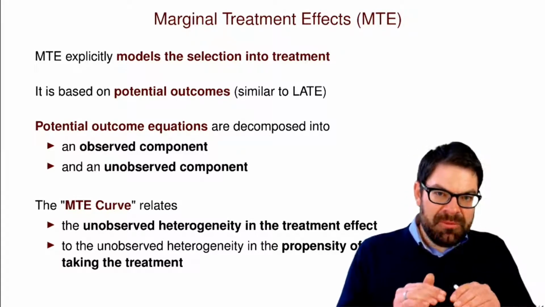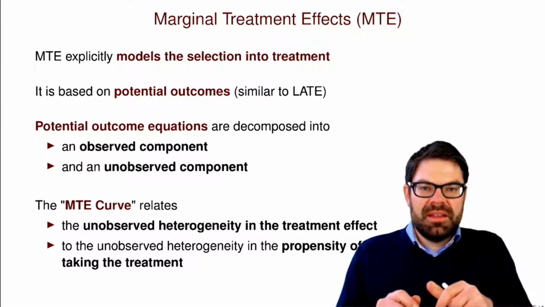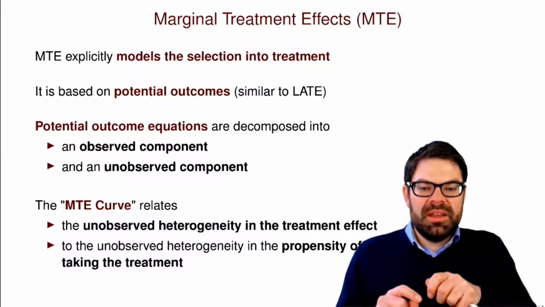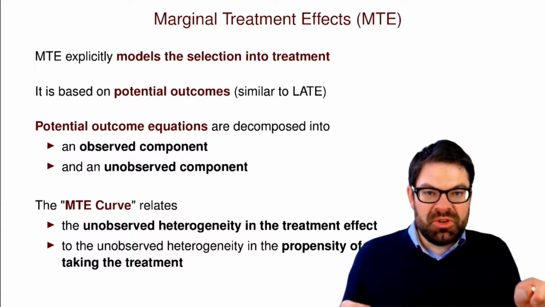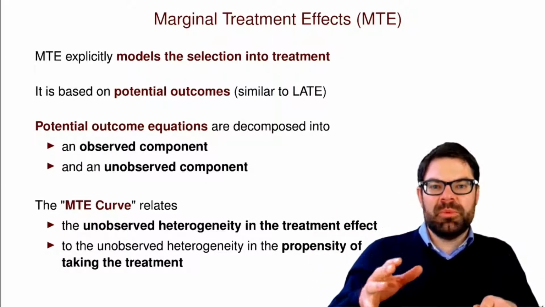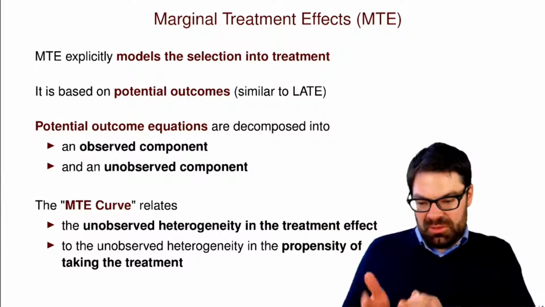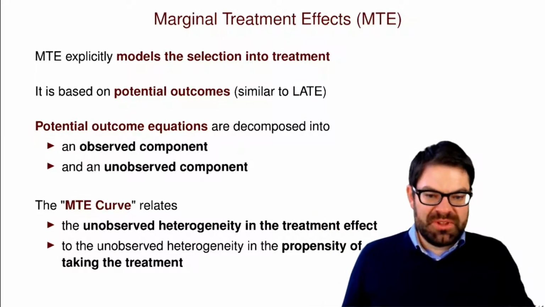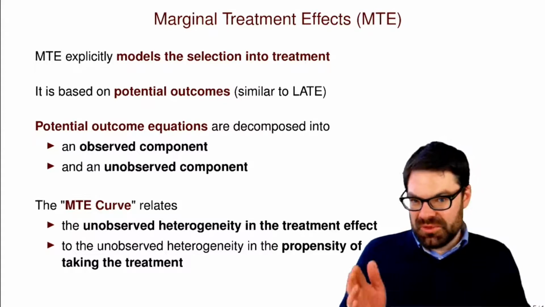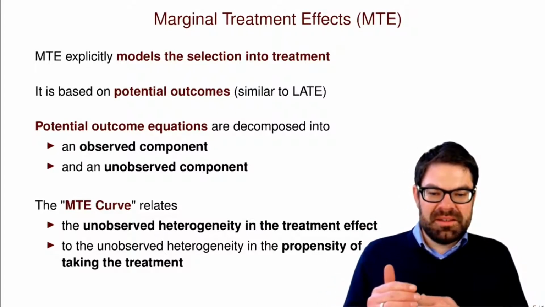We will have on the horizontal axis a measure for the unobserved heterogeneity in the treatment effect. So think about the idea of lining up people from the person with the lowest treatment effect to the person with the highest treatment effect. That's what the x-axis is. The y-axis is then,